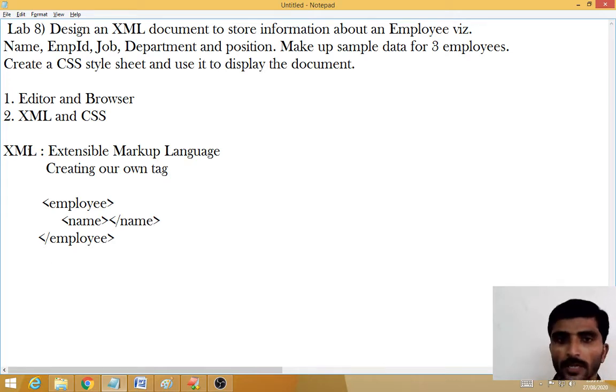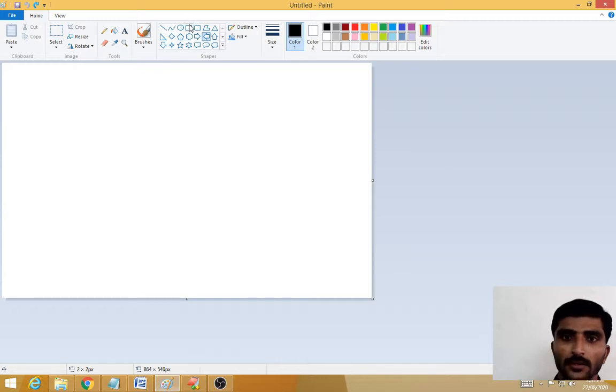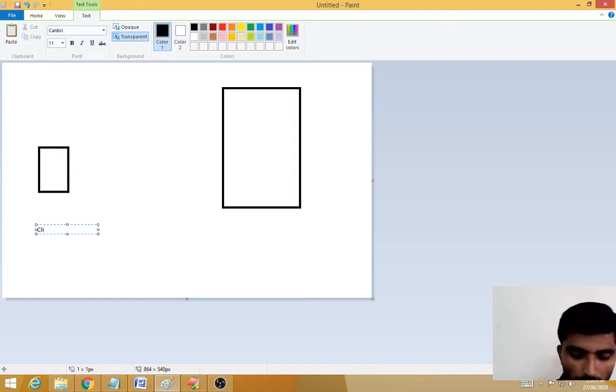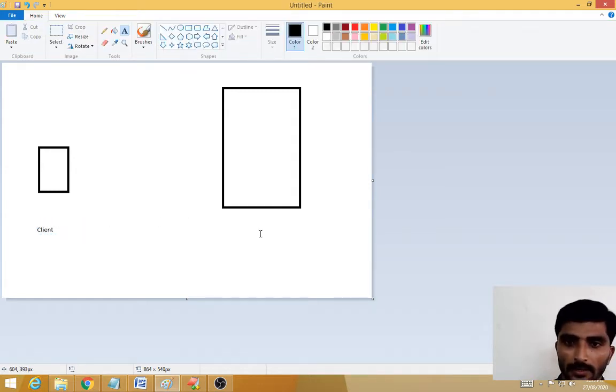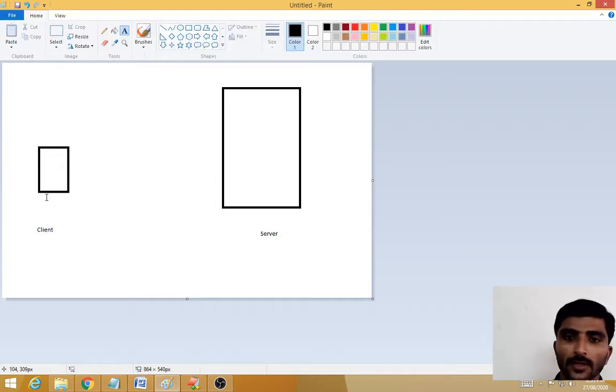So why are we using XML, why do we need XML rather than HTML? I'll tell you an example. Suppose you have a client, a client means a computer, and this is the server. You have already written some HTML document to transfer the data to the server.